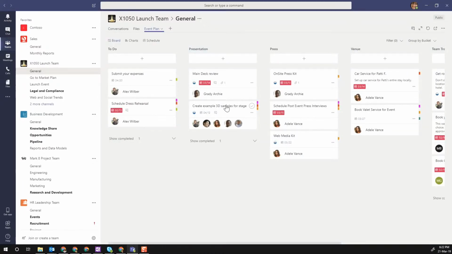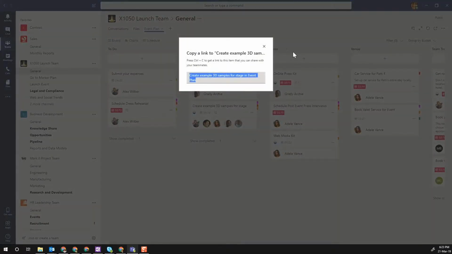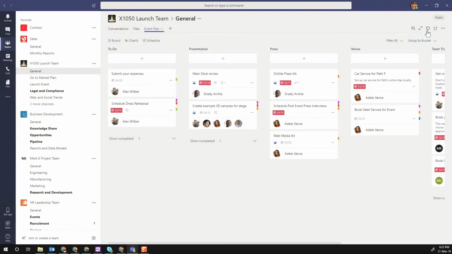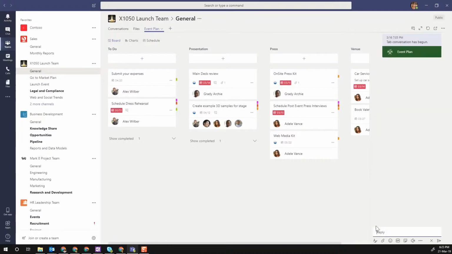For you to get to that, what you need to do is click on the three dots next to the plan and say copy link to task. All right, Control C. Now what you do is open the tab conversation icon as I show on the screen. Just click on that,